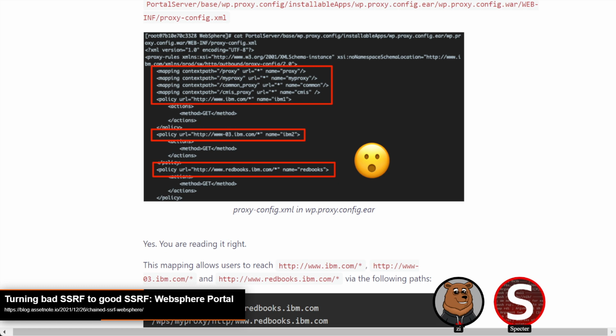Now, the reason it's IBM specifically here is because Websphere Portal used to be owned by IBM until, I believe, 2019, if I remember correctly, when it was sold to HCL Technologies. So it seems to be maybe some legacy code that was there for something else. And this is what they coined as their bad SSRF. So they tried looking for some open redirects in some of those domains. The first two didn't really yield anything, but they focused on redbooks.ibm.com after trying to find those open redirect